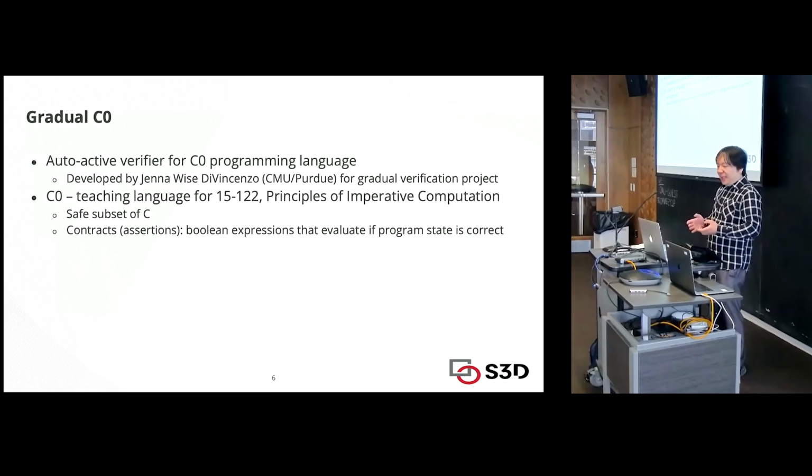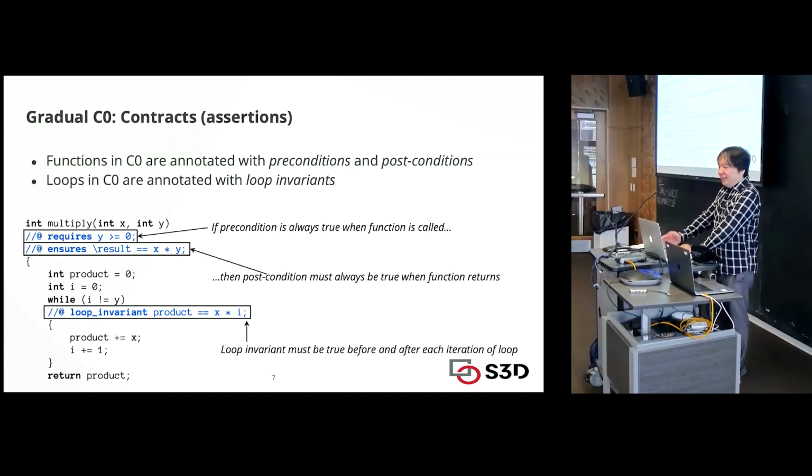But in addition to what C has, it has contracts, which are Boolean expressions that evaluate if the program state is correct. In C0, contracts are verified at runtime. But in Gradual C0, it's verified statically. So, as I said, every function is annotated with a precondition and postcondition. Just a quick refresher for folks who are not familiar with deductive verification. They are assertions, so logical expressions. They state that if the precondition is always true when the function is called, the postcondition must always be true